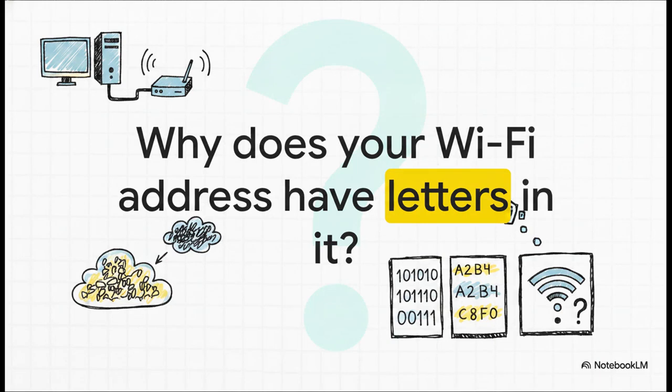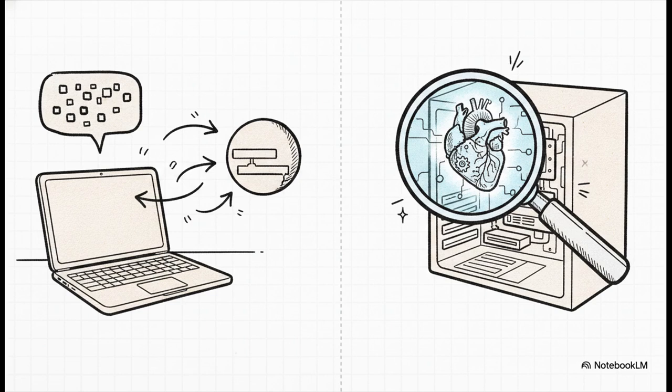So picture this. You're setting up a network, maybe trying to troubleshoot your Wi-Fi router, and you're staring at the network settings. You expect to see a normal string of numbers, right? But suddenly, there's a B or an F just kind of staring back at you. It really makes you wonder, why on earth does your Wi-Fi address have letters in it? You'll often see this cryptic string of characters called a MAC address, which stands for Media Access Control. It's essentially a 48-bit code that uniquely identifies your specific device on a network, so all that data knows exactly